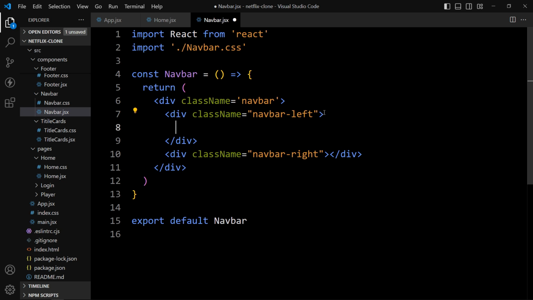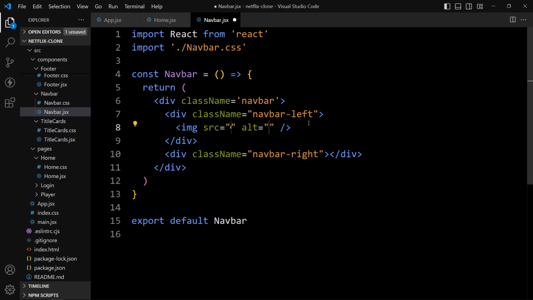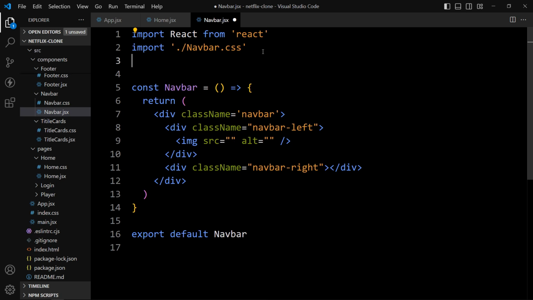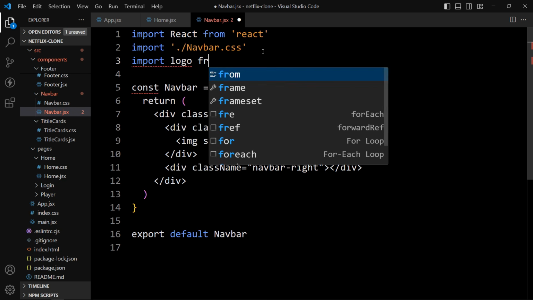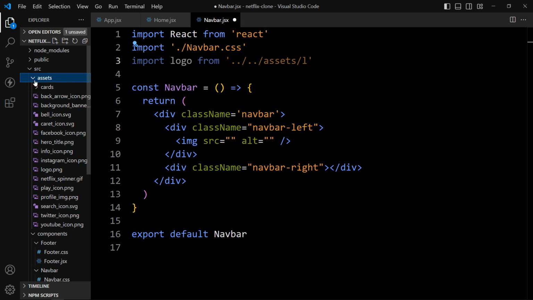Now in the first one, which is the left, we'll add the logo. So we'll add the img tag, and in this one we have to add the logo. So first we have to import the logo from our assets file. So here we'll add the import logo from ../../assets folder slash, here we have logo.png.